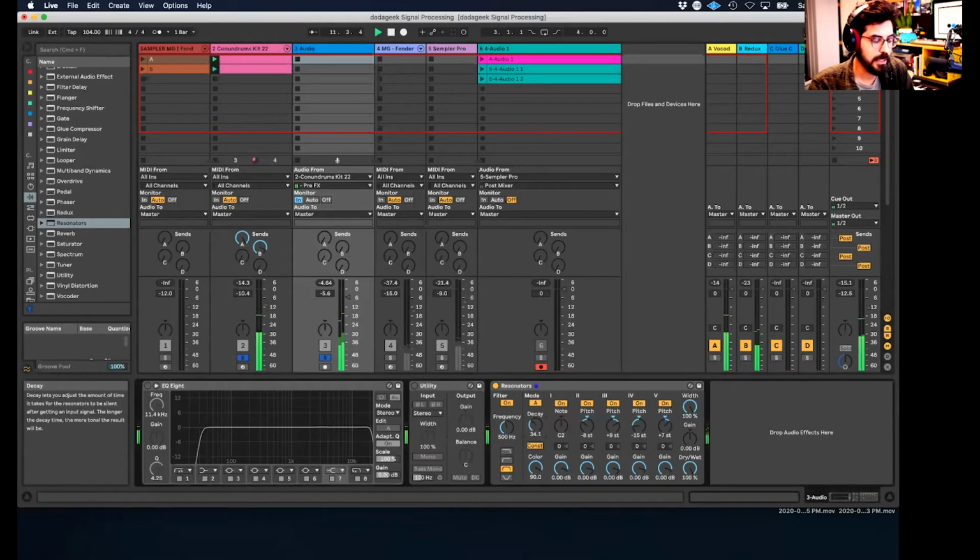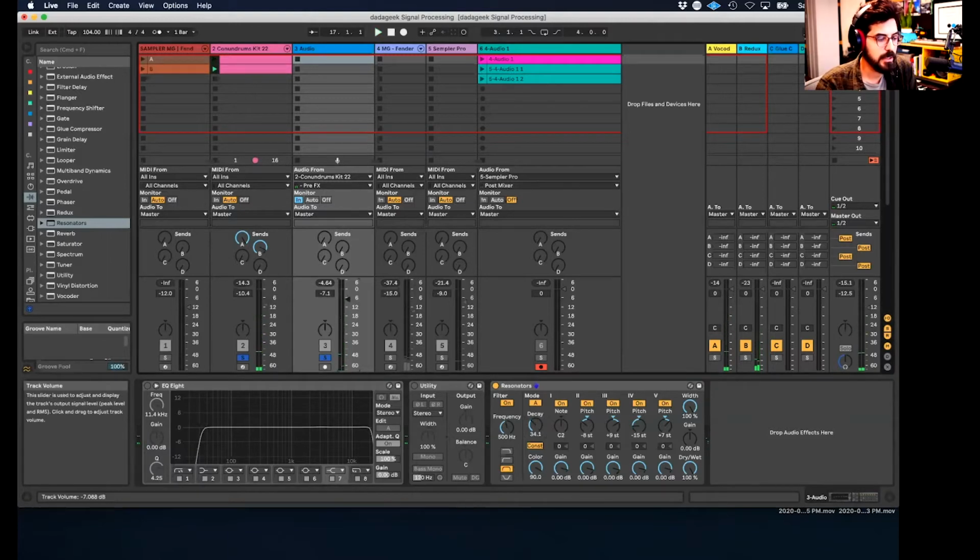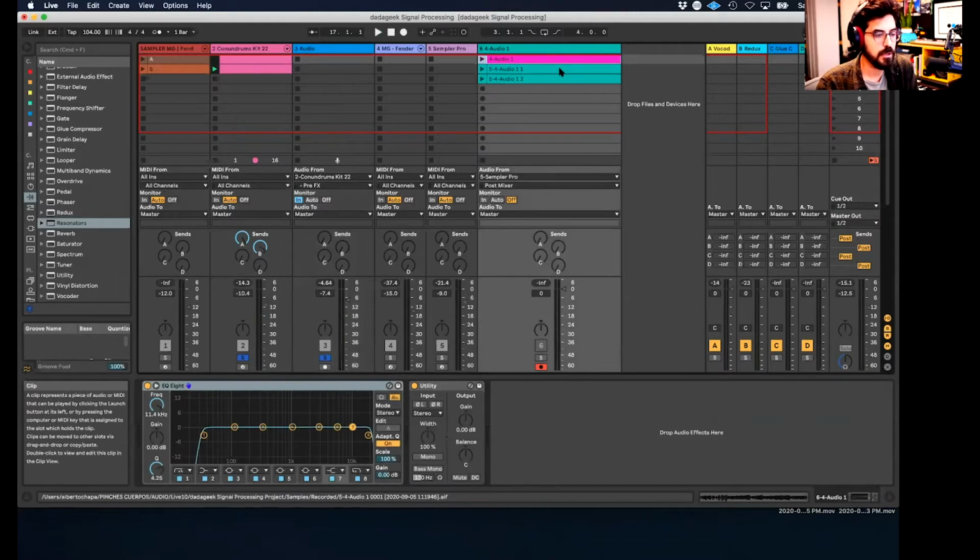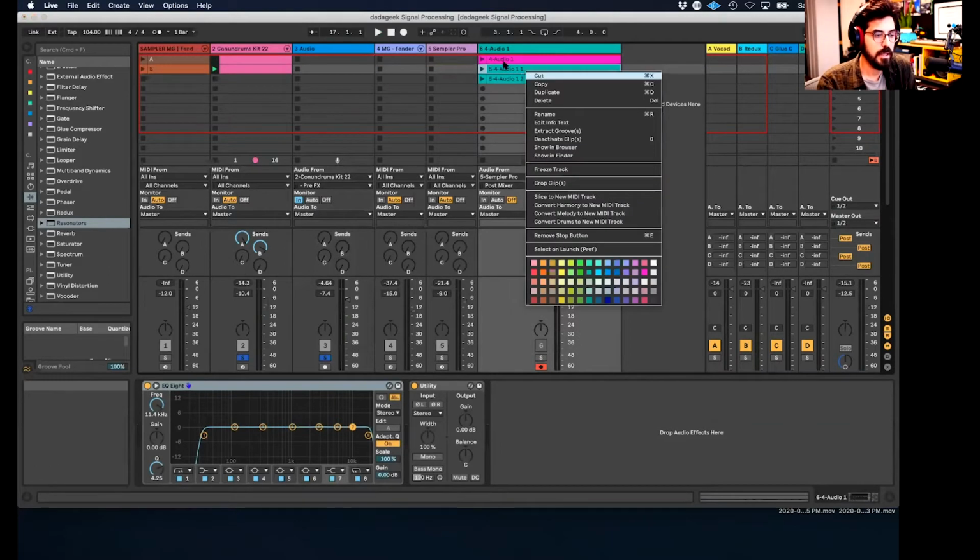And again, you can play with that decay knob and get really percussive. Or you can have really long, drony almost decays, right? So let's keep it kind of percussive, and let's keep making this a little bit more interesting. What we can do in Live too is bring in what we call dummy clips, or sometimes they're called ghost clips. We can basically take any audio clip like this one that I have in the 6th track,